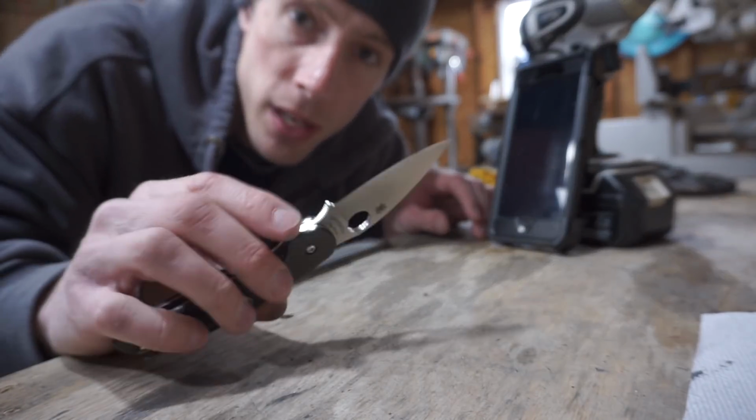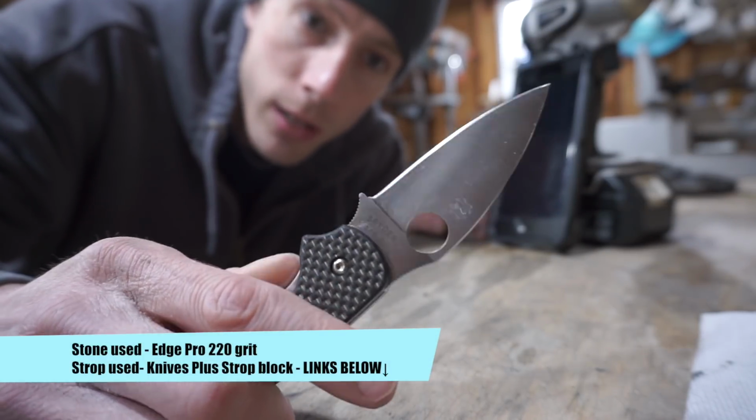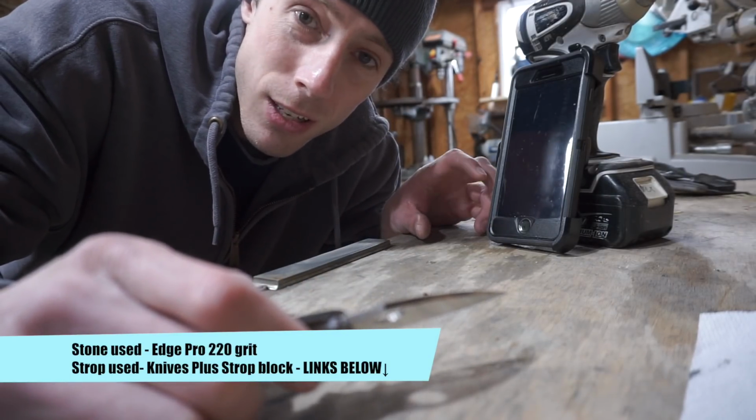Alright, so this is a Spyderco Sage 1, an S30V. It's not a very good edge on here. It's a quick edge. My bevels are uneven, but I don't care. I kind of wanted to just do this video to show you how fast it could be done, how fast